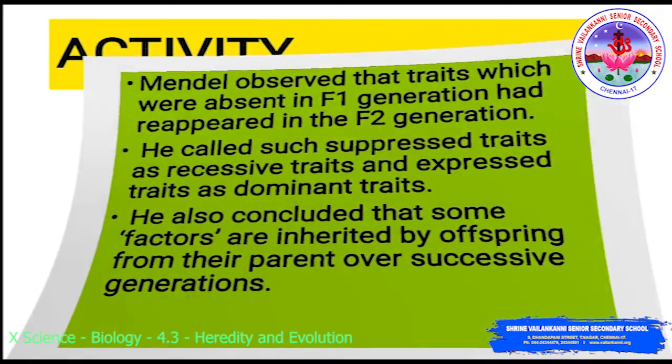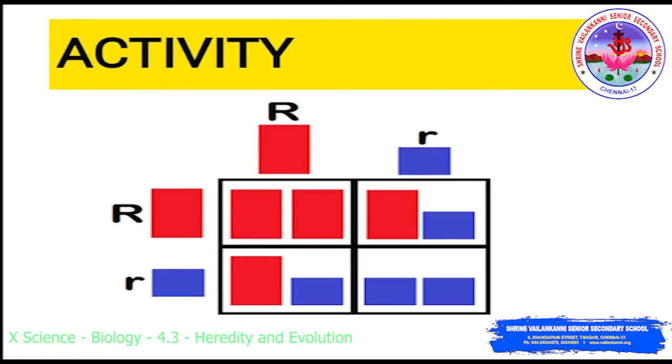Next is an activity. Here you can see the activity: building block Punnett square. This will be a great kinesthetic activity to introduce students, that is you, to the test cross and to solidify your understanding of dominant and recessive alleles. For this activity, you will need colored building blocks that come in various sizes. Choose 2 different colors. Here the activity was given as red and blue. Both colored building blocks are chosen.